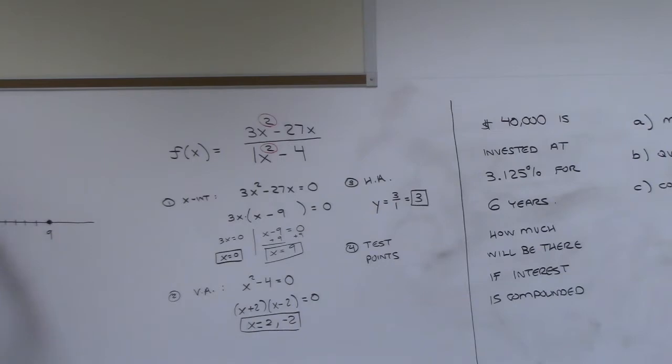And I'm not going to draw it all the way across. I'm just going to go to the edge. And when I say edge, I mean like past the last point I have information about. So here at 9, I know I have a dot. So I'm going to go past 9. I'm going to go out here and start drawing. And then I have to do that on the same thing over here. And I'm just going to, again, be at 3. And then really the last piece of information I have here is this vertical. So I'm just going to come out here and just draw it like that. Questions on that?